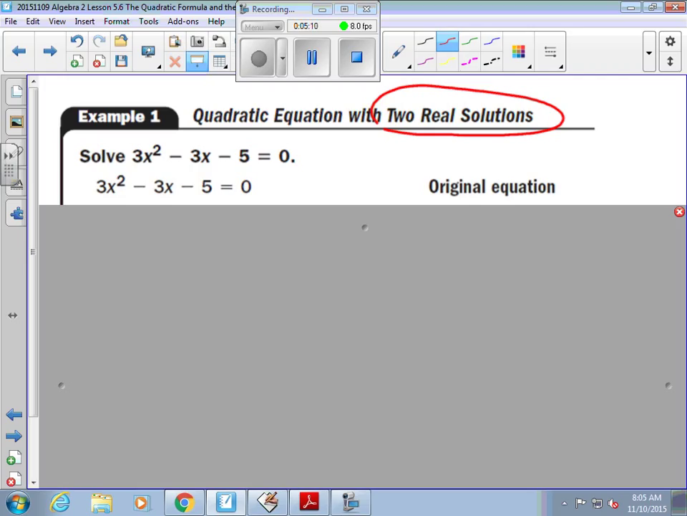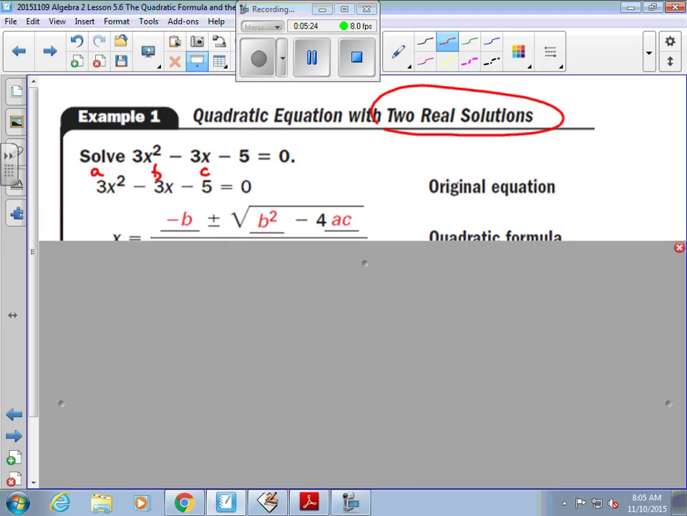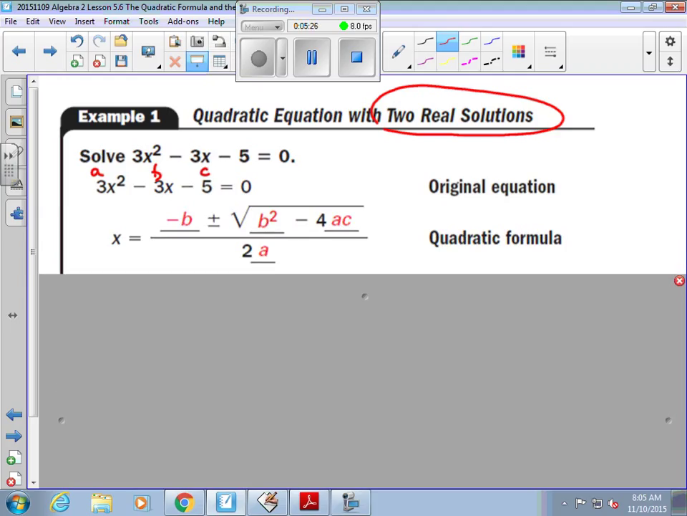So right here it says 3x squared minus 3x minus 5 is equal to 0. So what we can do is label what everything is. We know this is A, this is B, and this is C. And again, most of us can mentally do that without having to write anything. But for the sake of the argument, we have it all labeled right here. So the quadratic formula